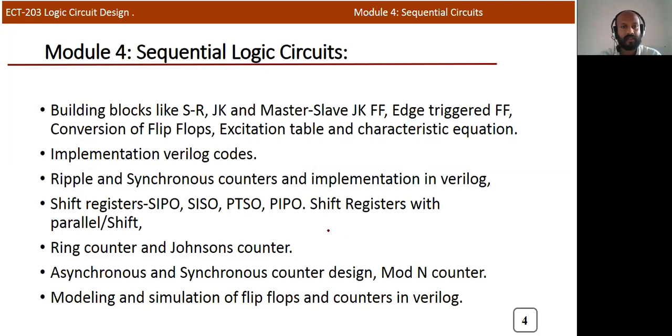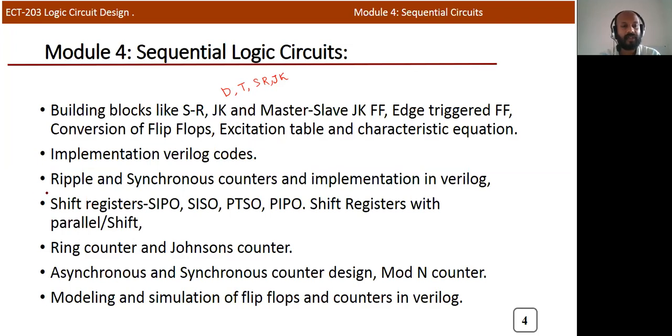Now we'll discuss the syllabus part. Now you have an idea about what we mean by sequential circuit. I already mentioned there are different building blocks, known as latches. Mainly we are discussing 4 types of latches: D, T, SR, and JK. So there are 4 types of latches or flip-flops we'll discuss in this particular module, and the characteristics of all these flip-flops and the terms related to them. Also we'll discuss some Verilog codes for implementing the flip-flops.